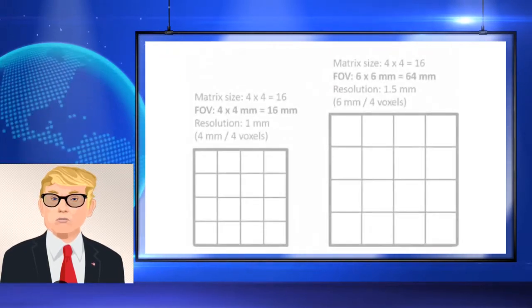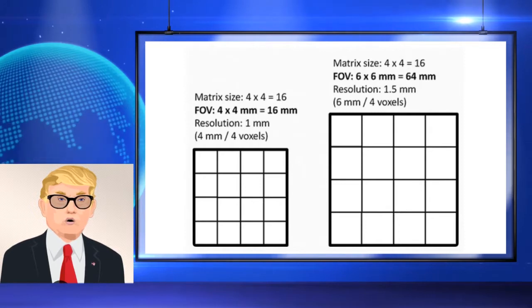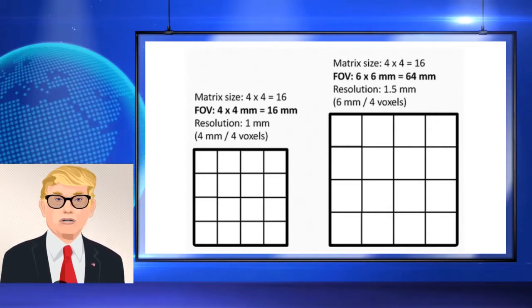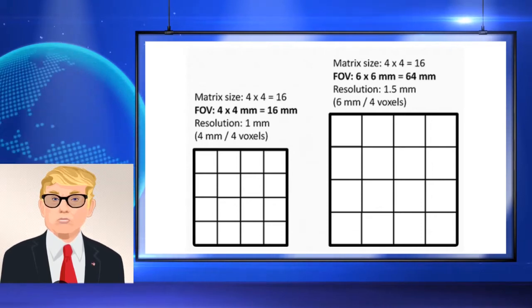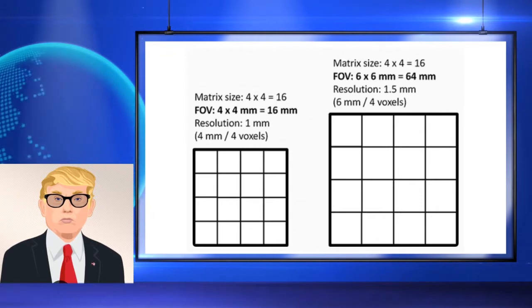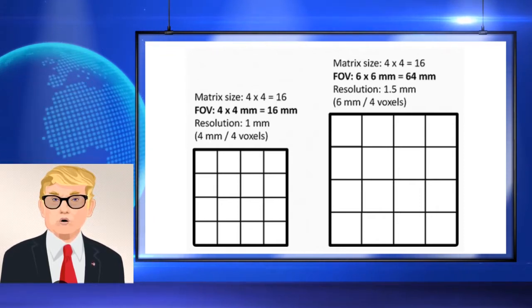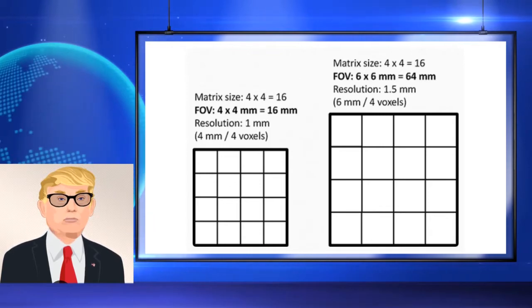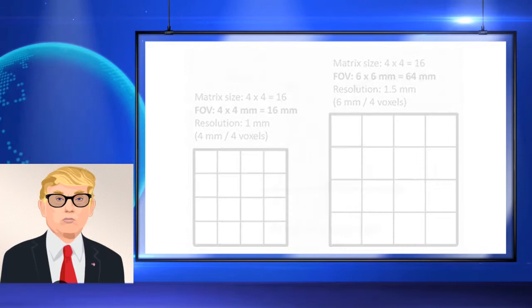About FOV. FOV determines the size of the area to be imaged. A larger field of view means a larger area imaged. The matrix size remains the same, and so, to fill up a larger area, the voxel becomes larger. By increasing the FOV, we can increase the signal. A larger voxel means more signal received per voxel, but lower resolution and an increased viewing area.